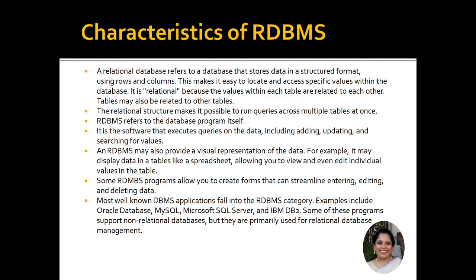For example, let's say I have a student table. In the student table, I will have roll number, name, address, and course. These are the attributes of the student entity, and in individual columns I have roll number, name and so on, and in consecutive rows I will have the details of n number of students. So roll number 1, so and so name and so course. This becomes a tabular form, and when I try to relate this student table to a teacher table, it will be called relational. Again, the teacher table will have a tabular form in rows and columns, and there will be a relation between the student and the teacher.